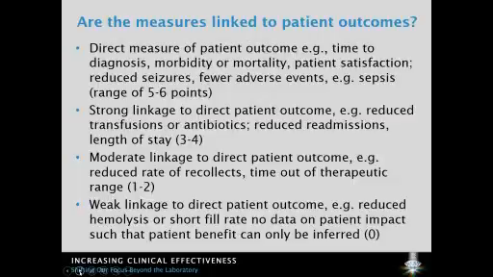A moderate linkage to direct patient outcomes could include things like reduced rate of recollects, which will extend the patient's inconvenience or extend the time until they get results to some degree, but it doesn't necessarily ensure that the patient has actually changed their health status. Time out of therapeutic range is a weaker version of the example I used in the first bullet point, reduced seizures. So if you're just measuring time out of therapeutic range, or if you're measuring the population and you're looking at the percent of people on anticonvulsants who have not been measured for their therapeutic level, or if you're measuring the percent of patients who have been measured but are out of their therapeutic range, that's one thing. But if you're actually measuring the number of them that show up in the emergency room with seizures, that's a